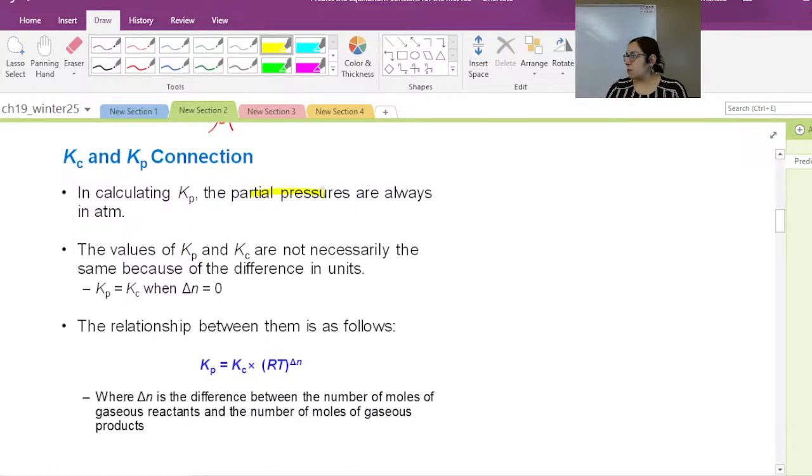It says here that our partial pressures are always in atm. And so obviously Kp and Kc could be different because of our unit difference. And then we're also going to have this relationship, so now we also have to take into account